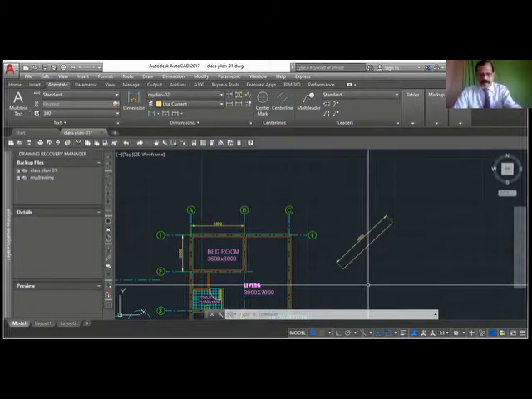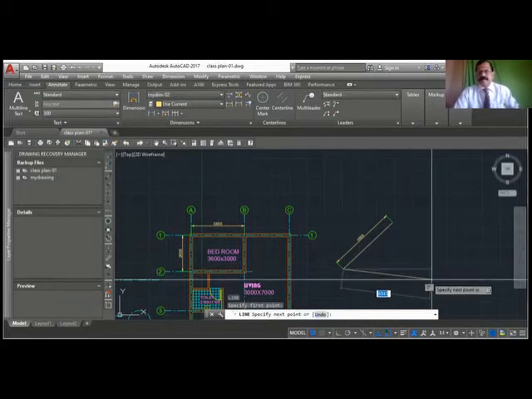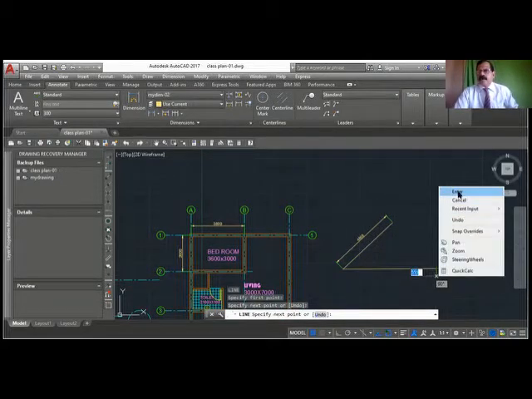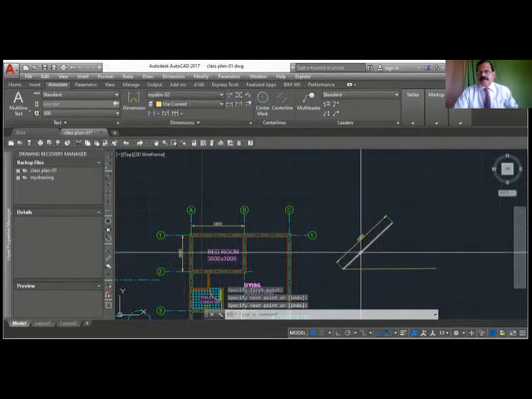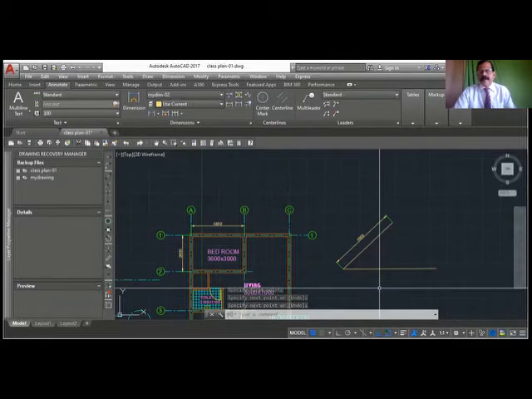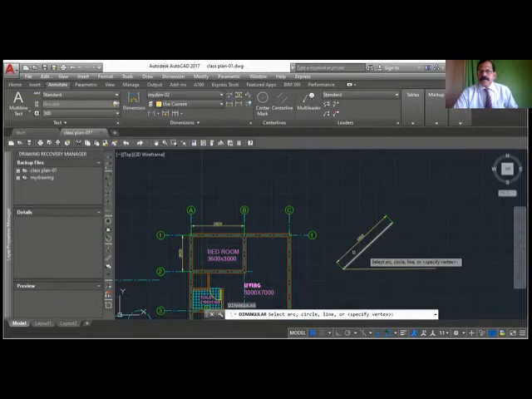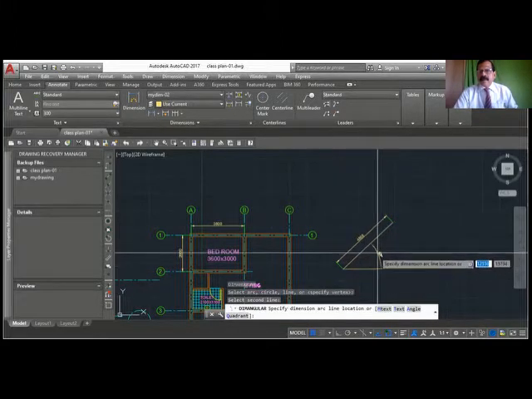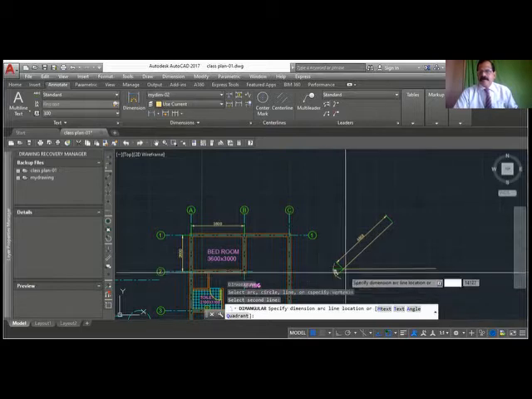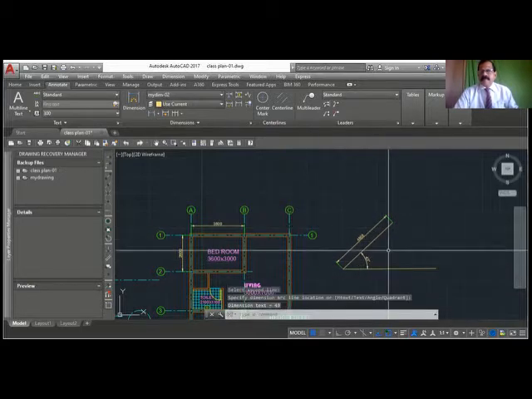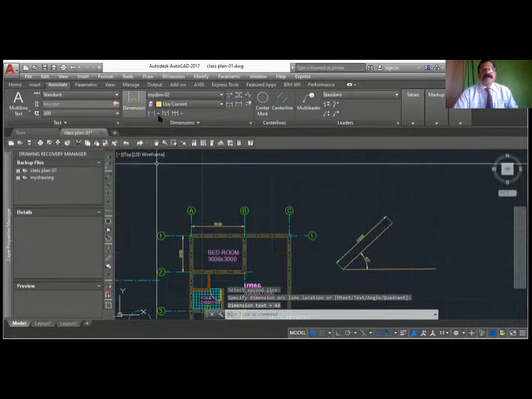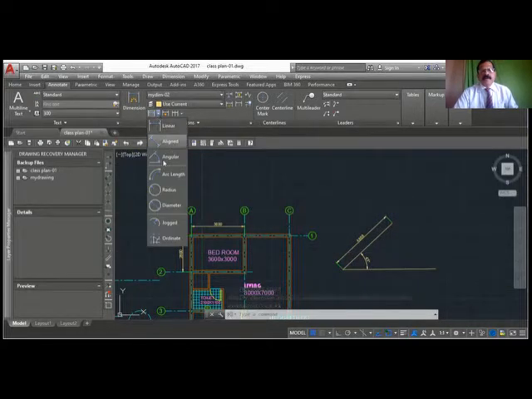And suppose you have a line here and a line here and you want to write the angle for this. So you will be using dim angle, D-I-M-A-N-G, dim ang. Enter. You show the first line, show the second line, and you see the dimension. You can show the dimension here, or here. Click. Okay, so that you can get from here. Dim angular.